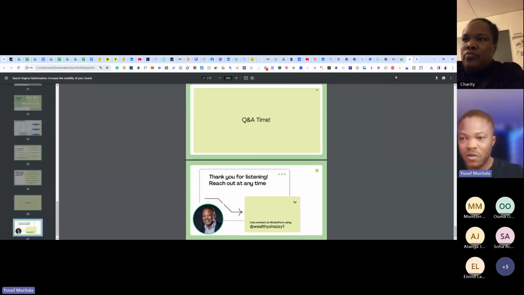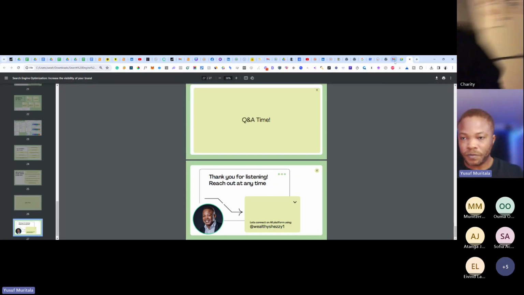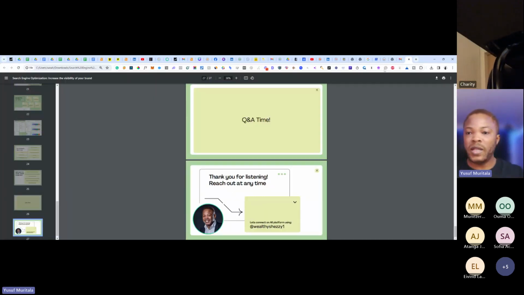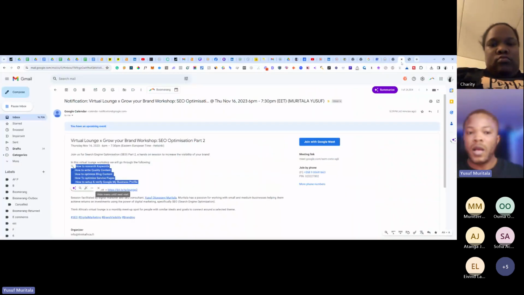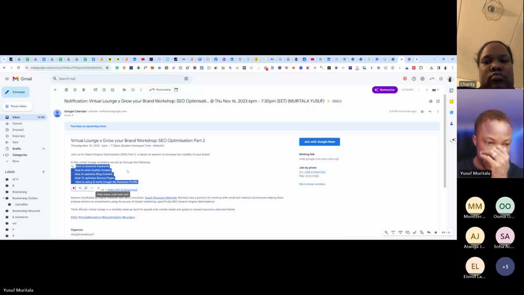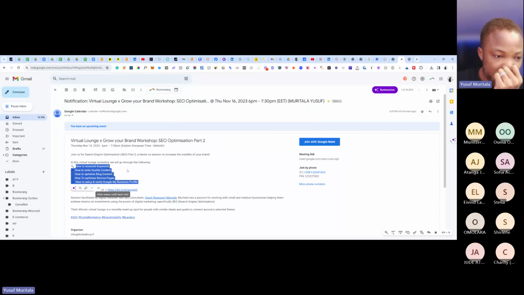So today we are just going to do more practical things. We're going to start with how to do keyword research.